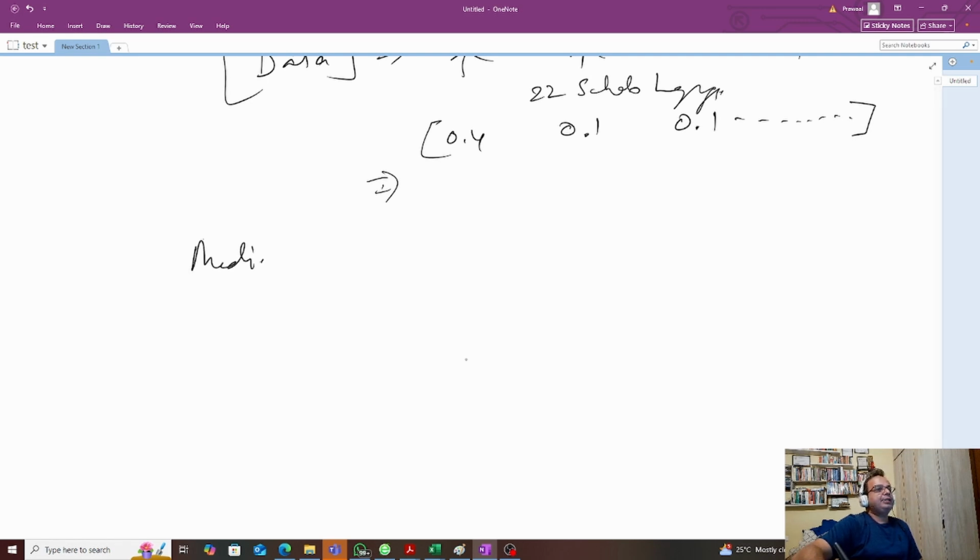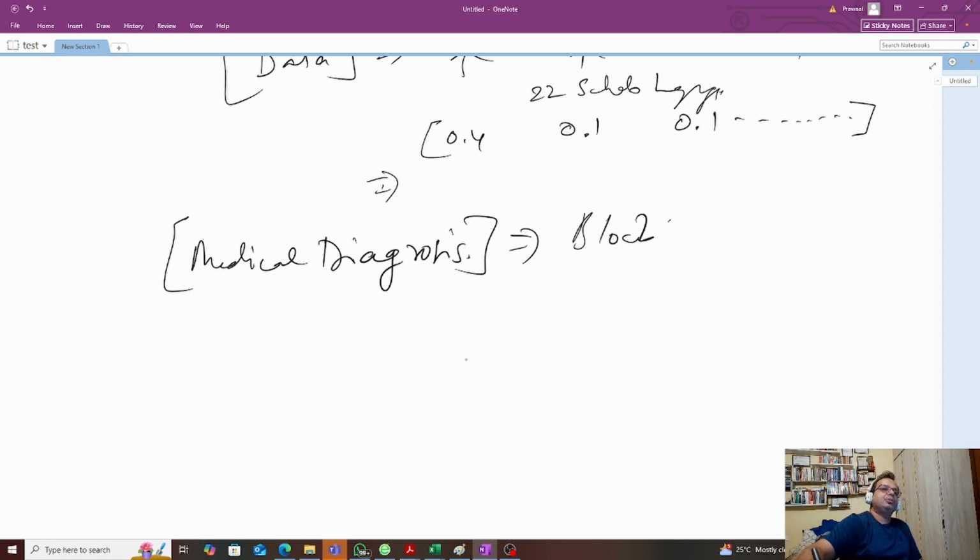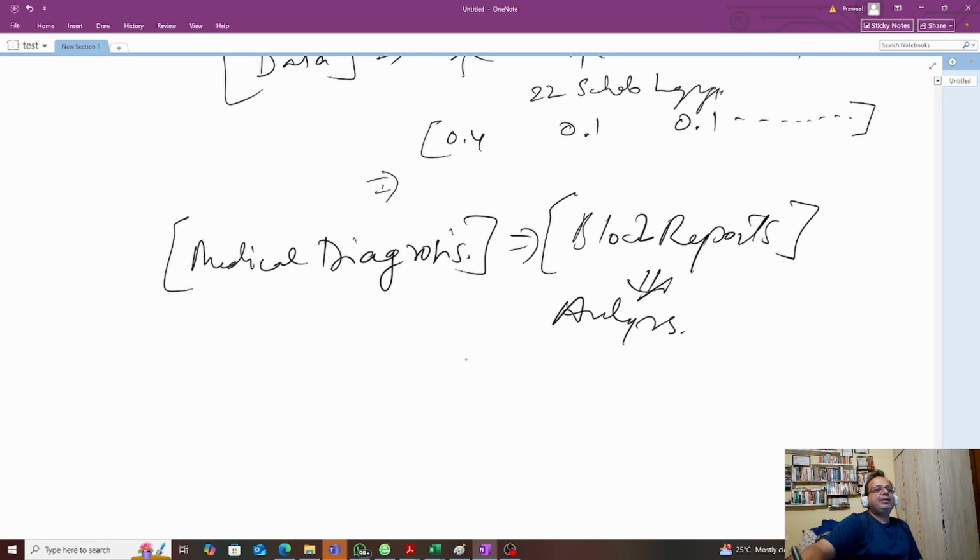Let's suppose you want to create some kind of a medical diagnosis app. And let's suppose the input to this is some kind of blood reports. Based on the blood reports, it is going to analyze them and give you some kind of an output, or some kind of a recommendation that this is what you should do, or supplements, etc. Now, in scenarios where there is, let's suppose, a pregnant woman,